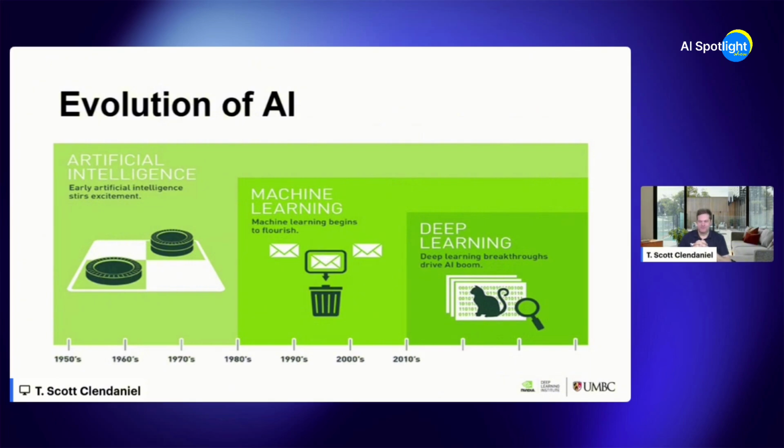Machine learning is actually the process where you have a computer system, you give it a set of data, and you say, this is the outcome I'm looking for. Help me find the pattern in this data. What is the machine going to learn from this data set that I can apply to other things?